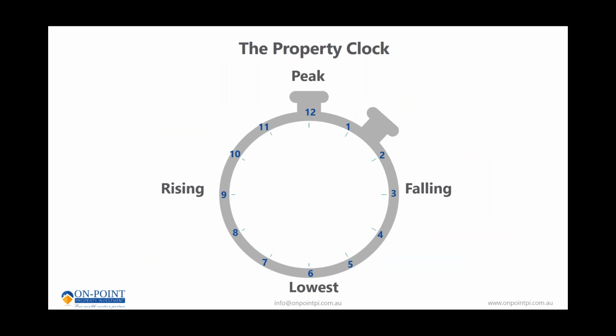The property clock, you put over any market. Within that market we'll have a peak, we'll have a falling market, we'll have its lowest point, and then we'll have a rising market. And this occurs within roughly a 10-year period. So when a market hits the peak, that's when demand has been outweighed by supply. Now prices are going to correct themselves, and we'll have a correction in the market where the prices will fall. And then it will hit its lowest point where prices will remain flat